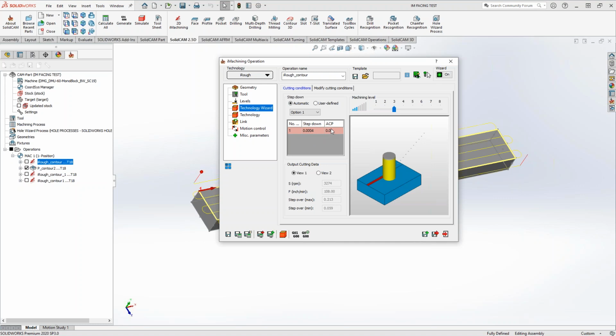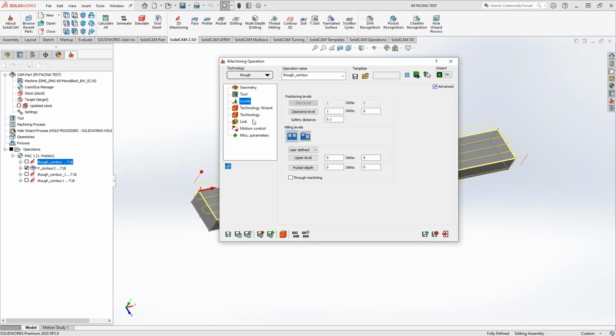ACP is actual or axial, I guess you could call it as well, contact points on the flute. So when you define your tool, you define it with a certain number of flutes, you define it with a flute length, you define it with a helical angle as well. So if you've got a number of flutes and it's at a certain helical angle, iMachining will actually calculate,